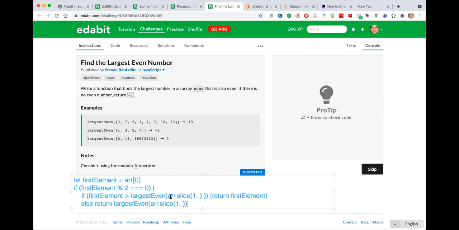Someone is saying array dot sort. Well, we can do it, but then we are defeating the purpose. That will make this whole problem a lot easier. And it won't also help us do this even number thing by using the modulo operator.